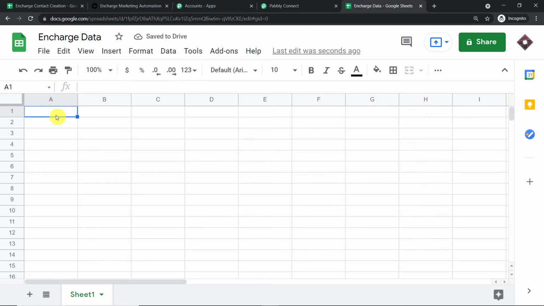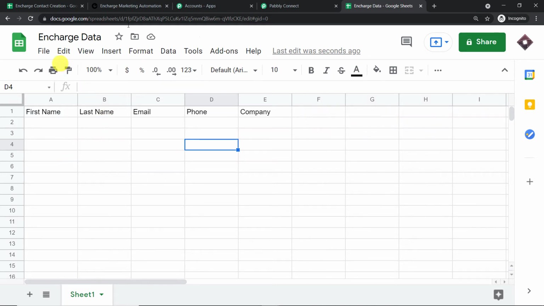Now we have the columns like the first name, then we have the last name, and how about email? Then we have the column for phone number, and let's say we want one more field, that is company. Okay, so I think I will be happy with these details. Okay, but in case you want, you can add more columns. It's totally up to you.